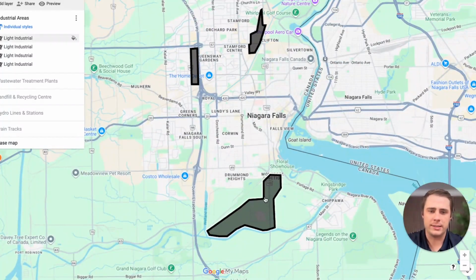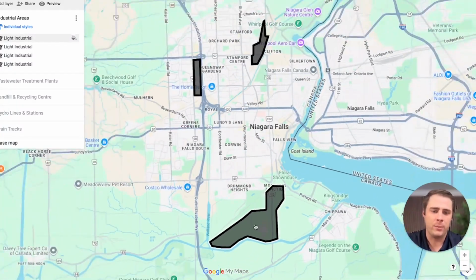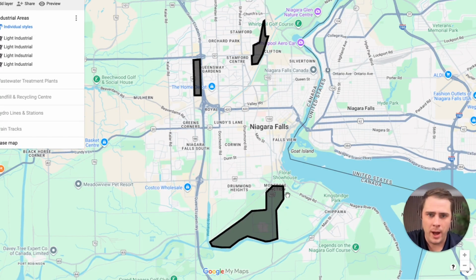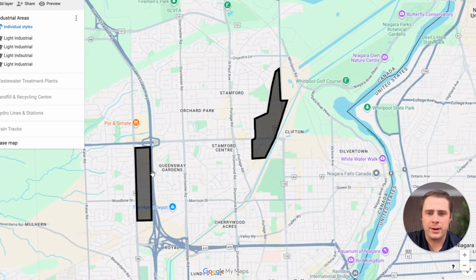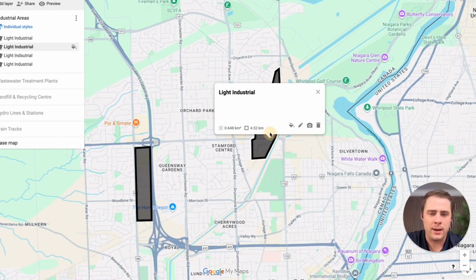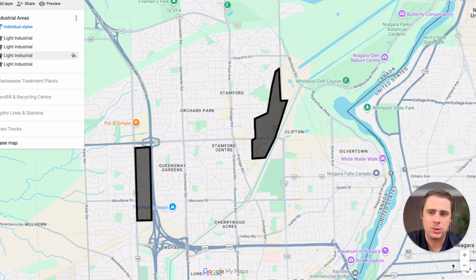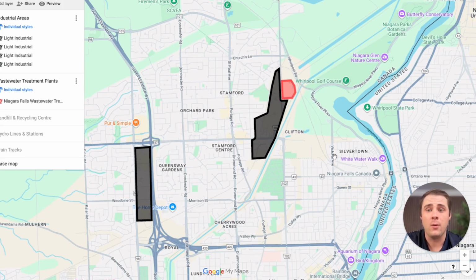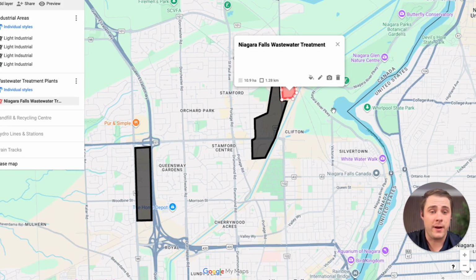So over here, we've already discussed, this is basically the old marine land, a little bit of steel manufacturing, like steel recycling over here as well. A few other light industrial areas on the west end and then north end of Niagara Falls, but really not much overall. Now, in terms of the wastewater treatment plants, that's where you're also going to be finding the one